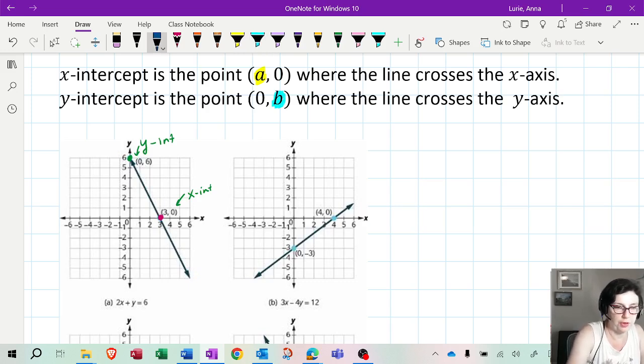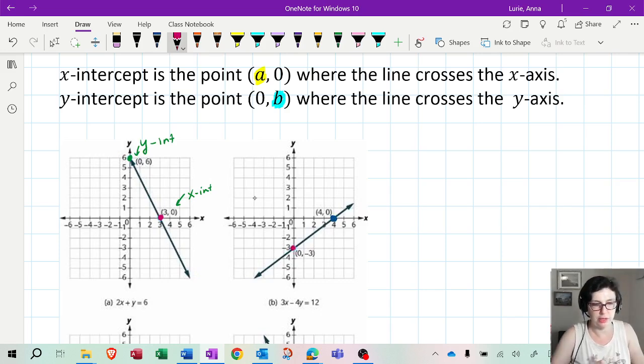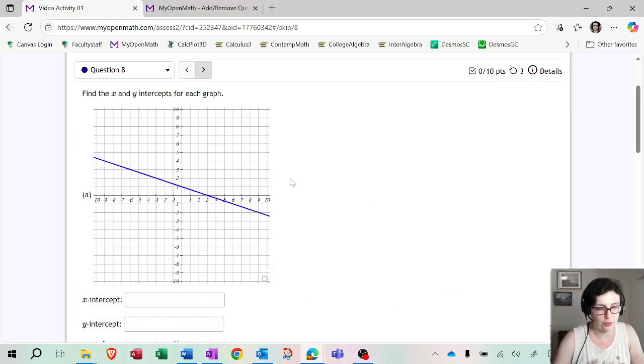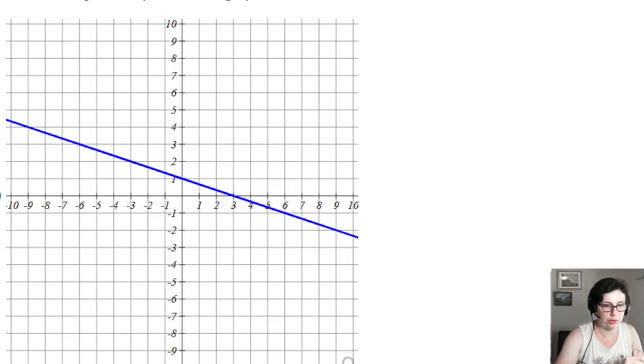So you can see various intercepts over here. This would be the x-intercept, right, at (4, 0). If I look over here, that's going to be (0, -3), the y-intercept. So let's see if we can also do the same thing for this example. If we get closer, we can see that the x-intercept here is going to be at 3, right? This is where it intersects the x-axis. So the coordinates are going to be (3, 0).